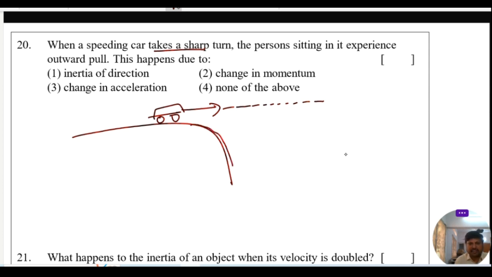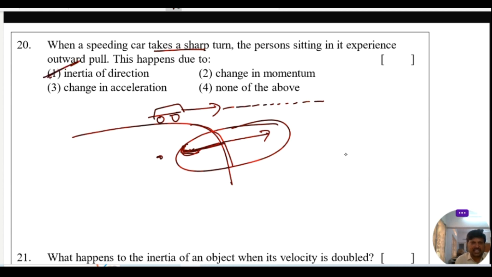When a circular turn is there, we know very well centripetal force comes into action. The centripetal force acts toward the center of the circle, but the passenger will experience a centrifugal force in the outward direction. This is due to the change in direction, but actually he wants to maintain his own direction. That is due to inertia of direction. So option 1 is the